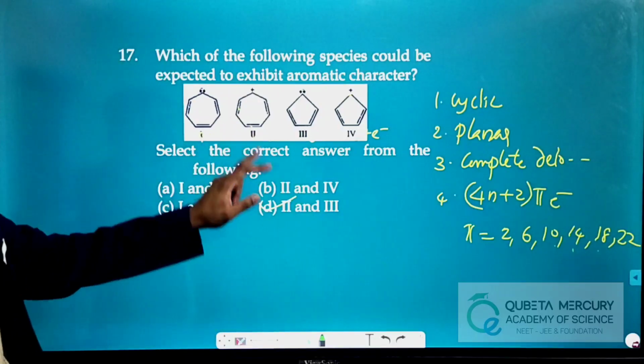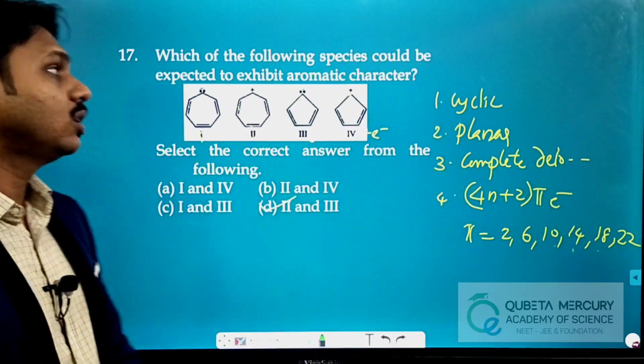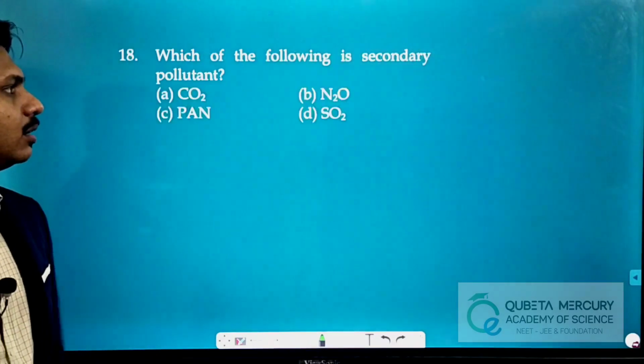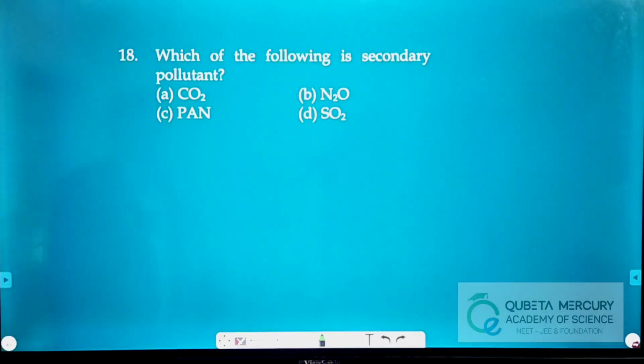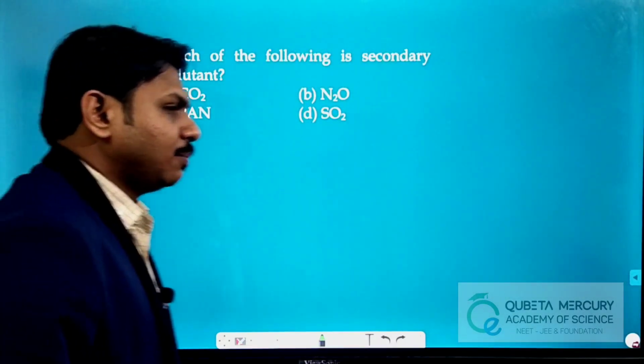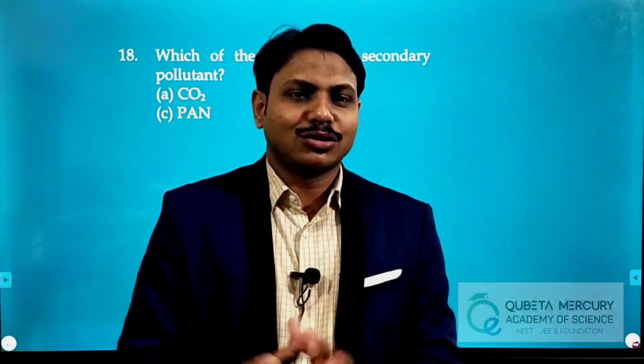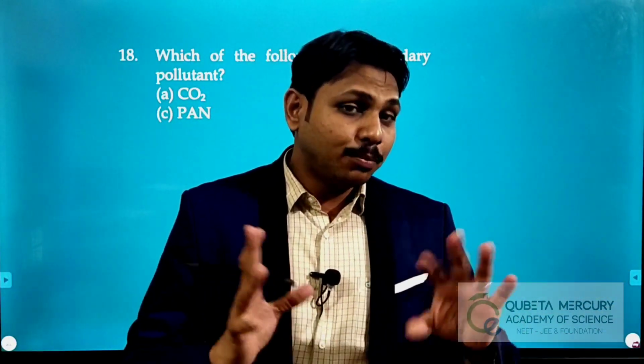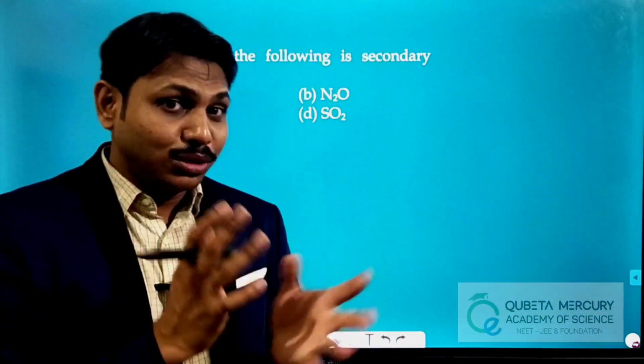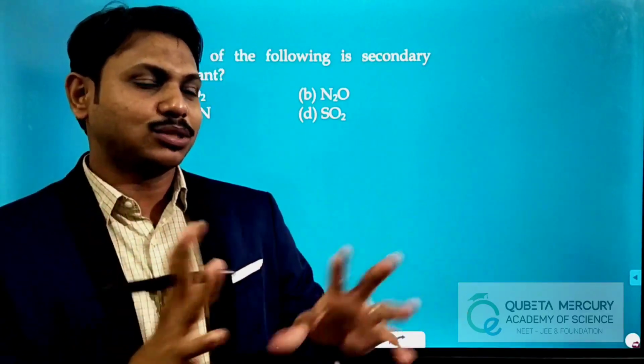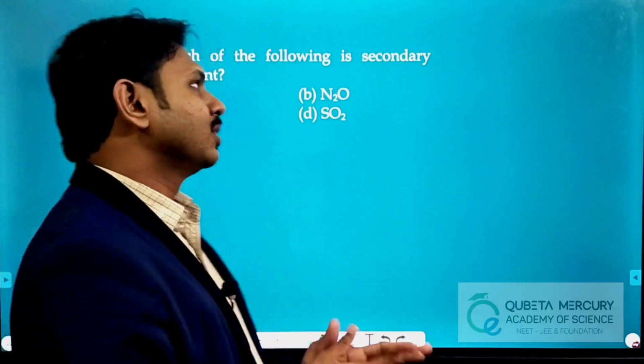So the second and third molecules obey these conditions, so they are aromatic. Which of the following is a secondary pollutant? The pollutants which are naturally found in the atmosphere are primary pollutants. The pollutants which are formed by the reaction of these primary pollutants with hydrocarbons or any other pollutants are called